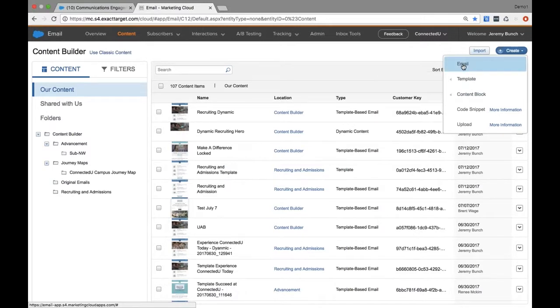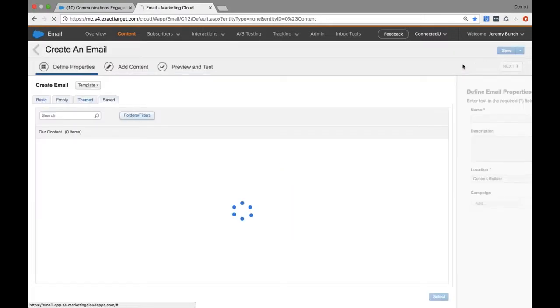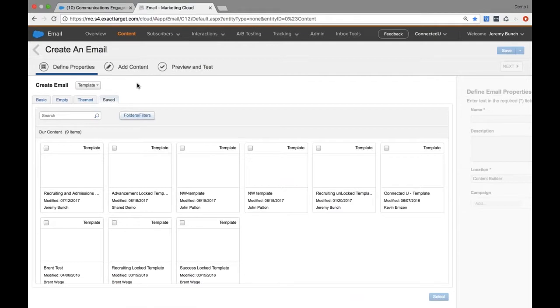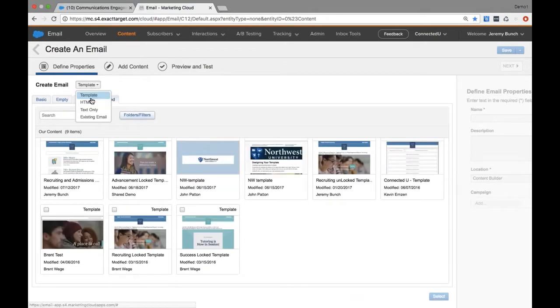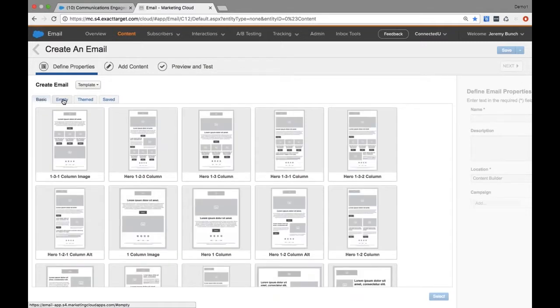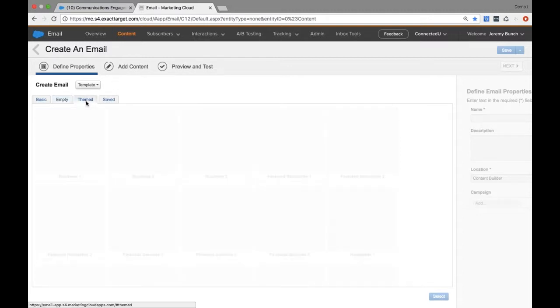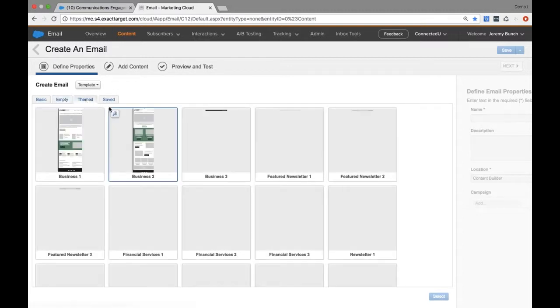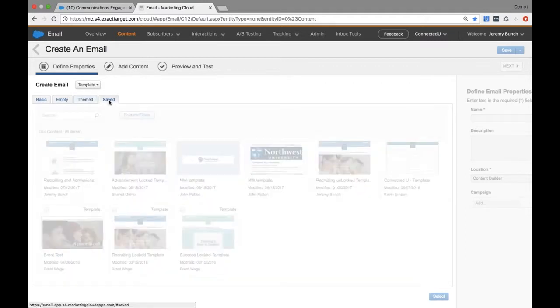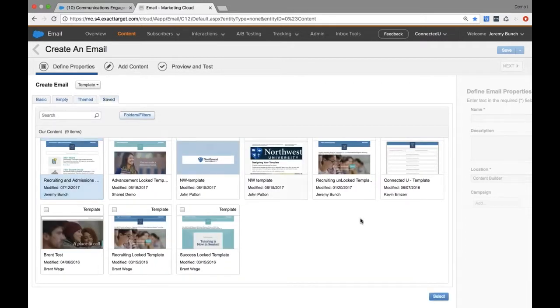Let me start off by showing you an email that we're going to create from a template. We can create from HTML, text, existing email. I can leverage existing templates, blank templates. It's fully responsive. So if you don't fill in all the blocks, it's going to respond appropriately. I have some theme templates, but in this case, I've saved a particular template. In this particular template,